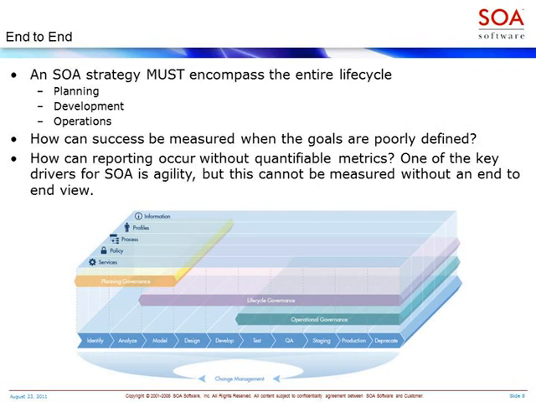So if you're just implementing operational governance, you don't really know what the context is of the governance activities that you're implementing. You don't understand how they relate back to business strategic initiatives. You don't understand necessarily what the budget is or what the cost savings goals might be. So it's very, very difficult for you to actually report on any kind of success if there are no quantifiable metrics and no goals established in the first place. So it's difficult to do development and operational governance without having some kind of planning governance put into place.